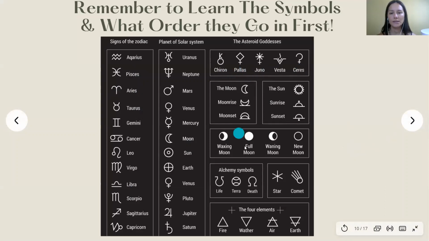These are the asteroids. These are the elements, the alchemical element symbols, which you won't see in a chart, but they are helpful if you want to do shorthand of anything. And they inform the energy, because water and earth are downward energies. They're yin energies, and air and fire are yang energies or upward energies. So they're very different, and that really informs how someone's going to be, what they need in terms of how to balance their own personal systems.